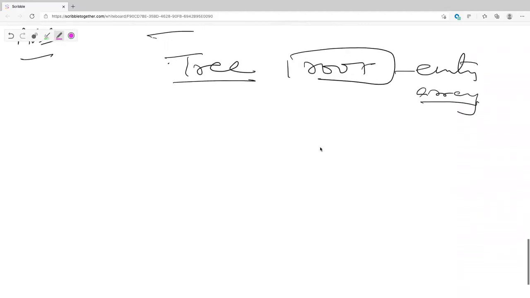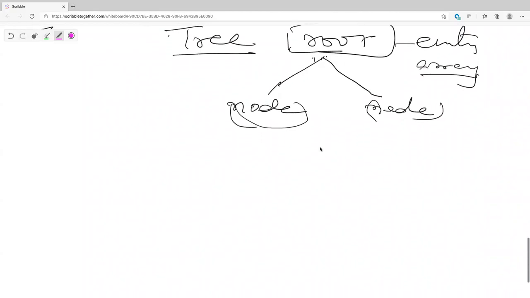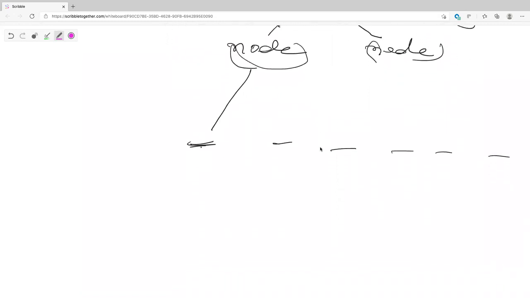And from your root, we keep adding one element, first one element for each, whatever is non-duplicate. So this will be a node, this will be a node, and basically you're trying to touch your leaf nodes. As soon as you get your leaf nodes, you add into your result.